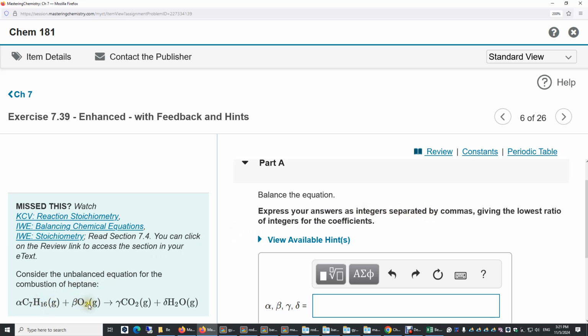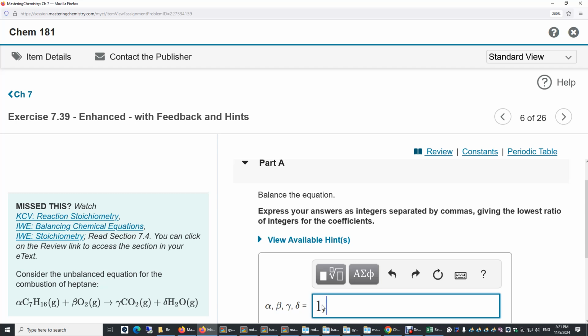When I balance a chemical equation, I usually balance one element at a time, and I also start with the most complex formula. In this case, carbon 7, hydrogen 16 is the most complex formula. And usually I set the coefficient for the most complex formula to be 1. Alright, so alpha is just 1, and then beta, I'll put a question mark here because I don't know what